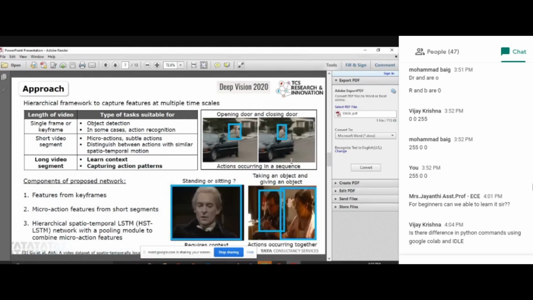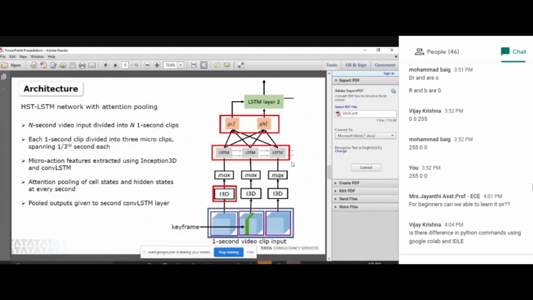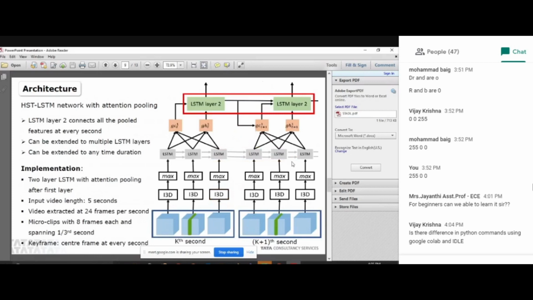But for a few actions, you need a long set of frames to capture the action, something like taking an object or giving an object. It spans multiple seconds. A 1 or 2 second video, or sometimes more than 4 or 5 seconds, is needed to identify the action. So what we did was we came up with a novel deep learning architecture